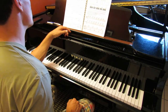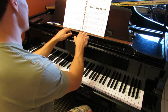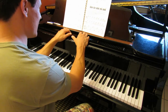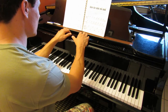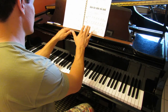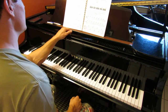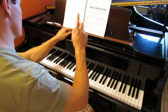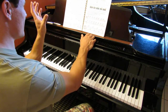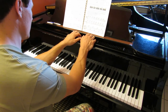Lesson 21. We are learning now our first accidental. The sharp sign. The sharp sign, which some people may think of as a hashtag, but it's been used in music for centuries before hashtags. But it raises a note, so it makes a note higher. And it is in front of the note that we want to be higher, not